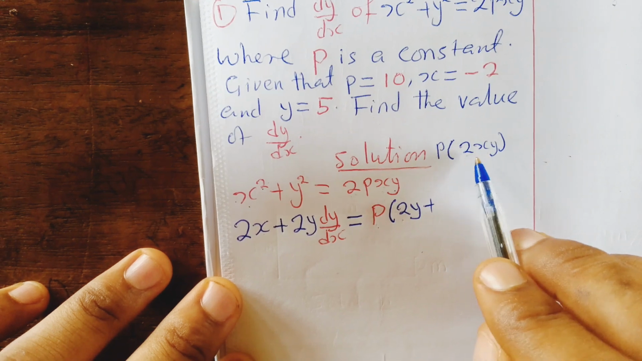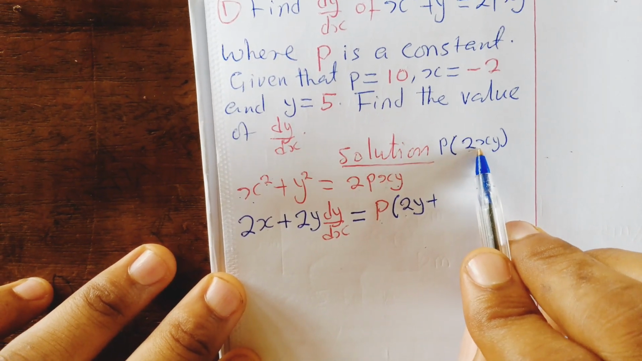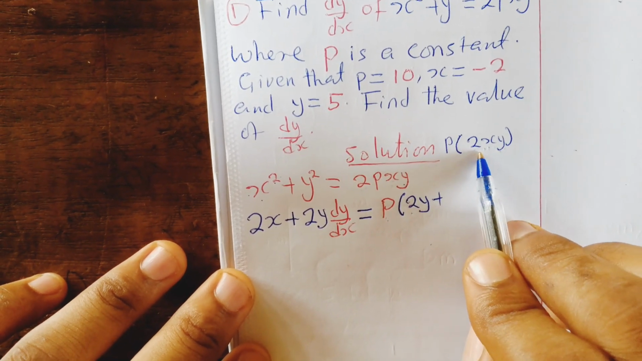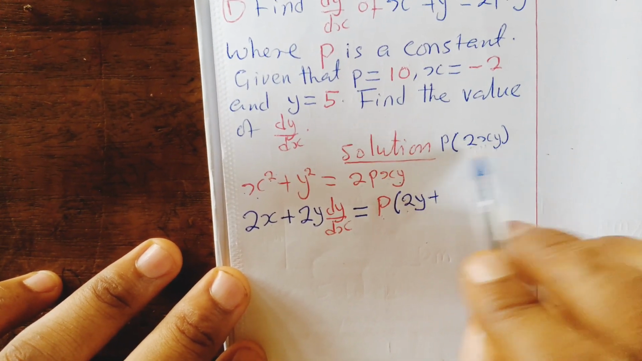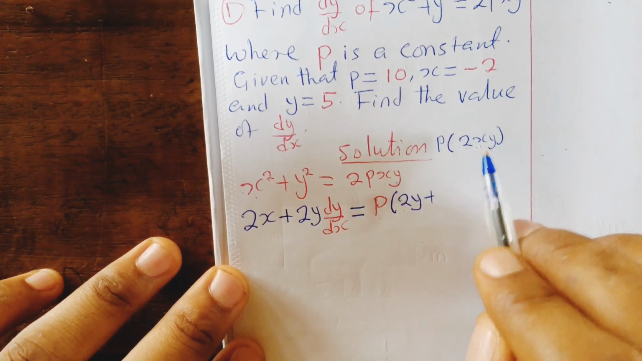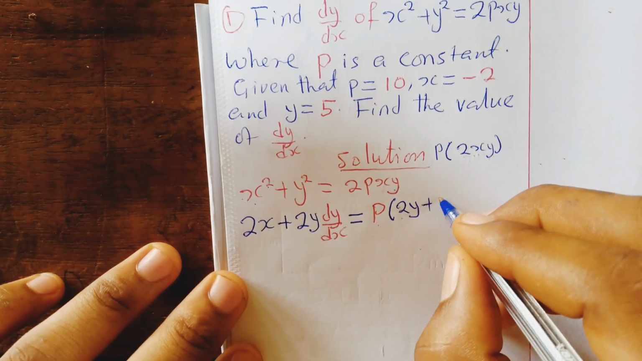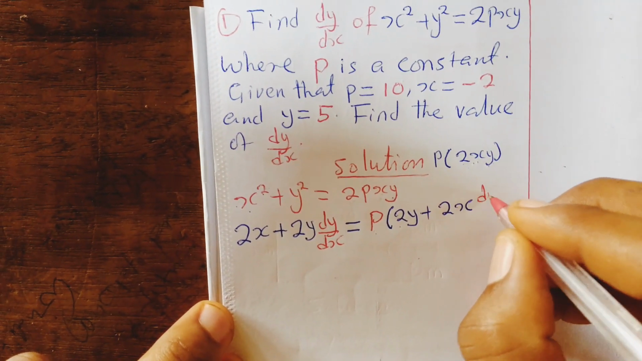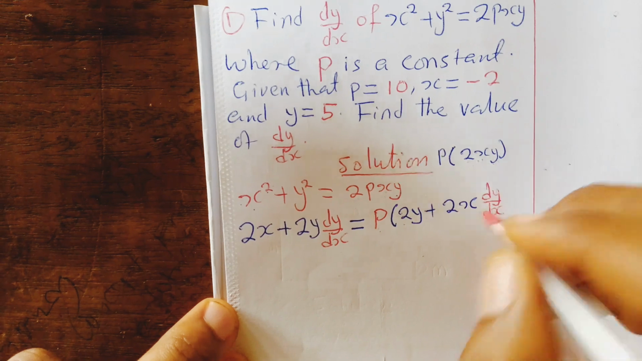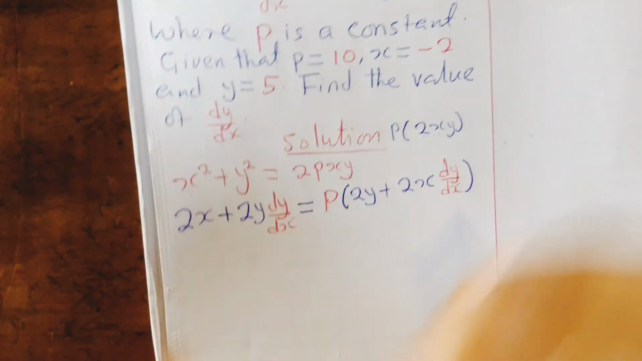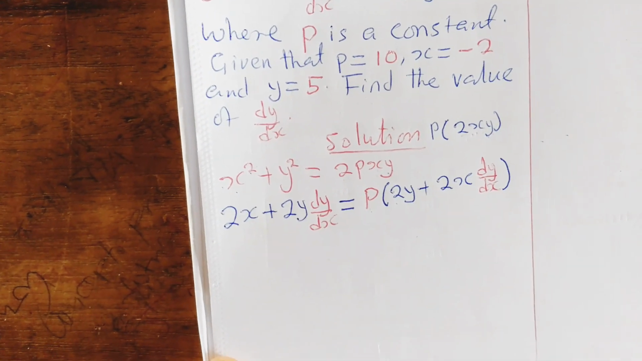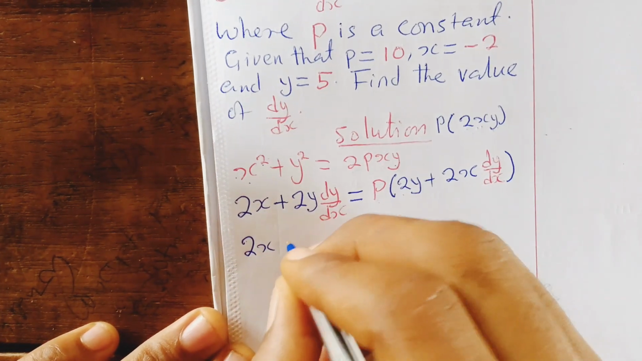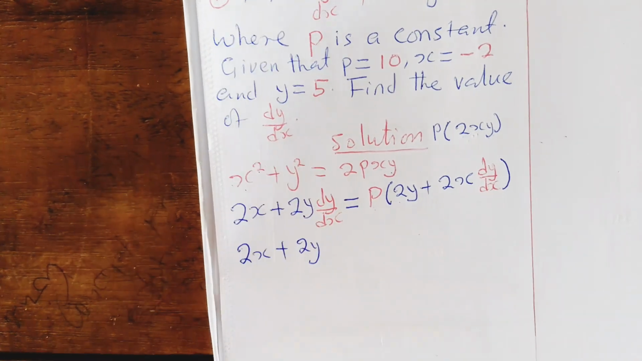Now let me hold on to x and differentiate y. When I hold on to x and differentiate y, I will get 2. But don't forget, so far as I am doing the differentiation for y, I have to add dy over dx. So this will be 2x, then dy over dx. I close the bracket. So now I can expand the bracket. So I'm now having 2x plus 2y